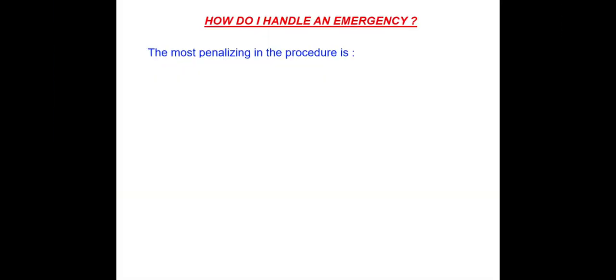How do I handle an emergency? This is a description of a standard procedure to be adapted to the aircraft you are actually flying. The most penalizing in the procedure is freezing due to surprise,